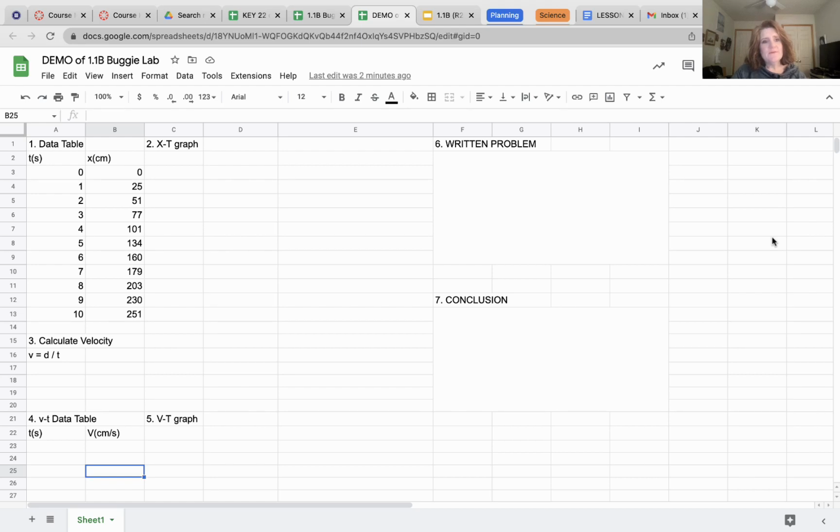Hi, so me and my group did the Buggie Lab, and I wanted to walk you through kind of a demo of what you're supposed to do with your data and information. So my group gathered the following data. Our buggy car went from 0, which is where our first piece of tape was, to 10 seconds later, it was 251 centimeters away. So the first thing we want to do, right, is gather our data, which we did,